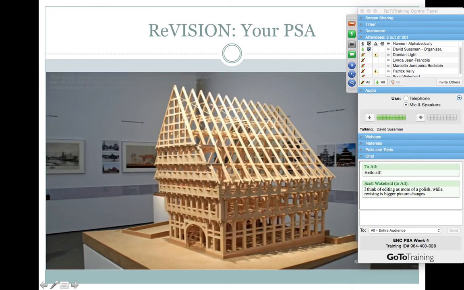Because it's going to require you, and this is why I stress here in the title, to revision your PSA. That's why I have this picture of the house being built, is that you have to build this new structure from the ground up. It's not that you have to build it completely anew. Obviously, you've already chosen your topic way back in week one. You've researched it, you've explored it, you've written an essay about it. But when it comes to the actual public service announcement, you will have to build things anew. It doesn't mean that you're not going to use stuff that you explored in your essay. Obviously, you will, but you're going to need to rethink it entirely.